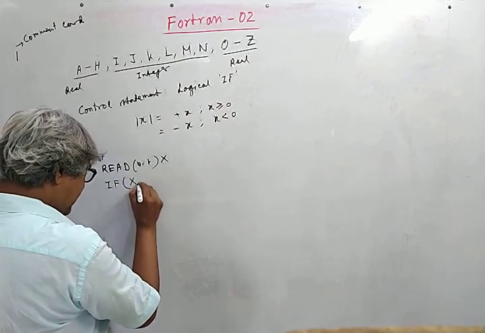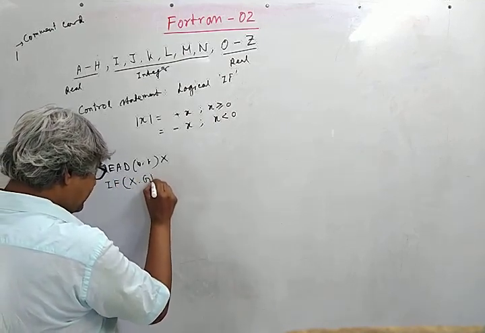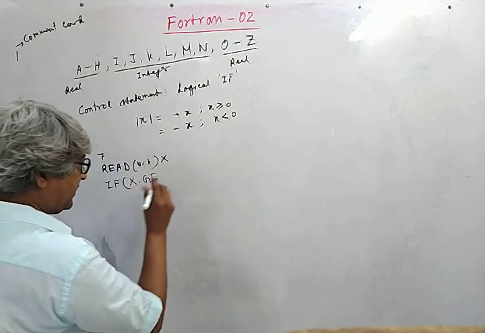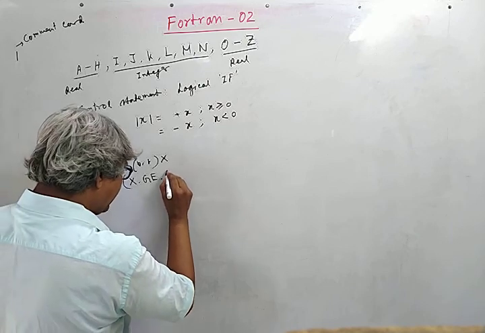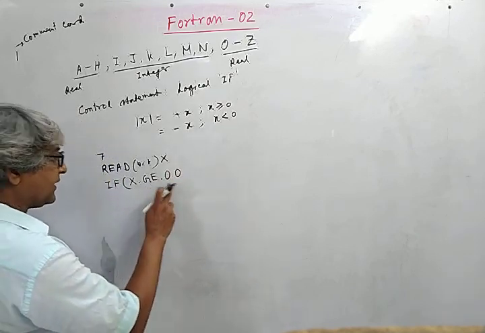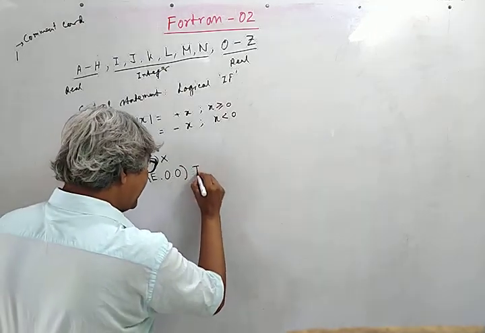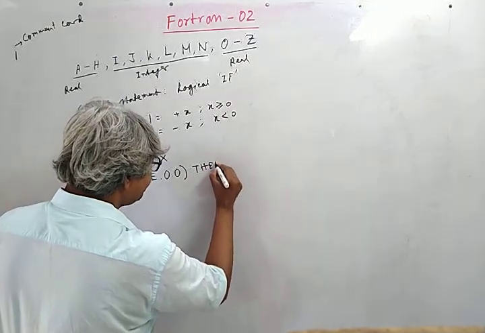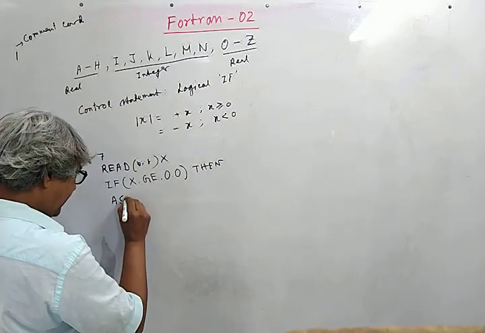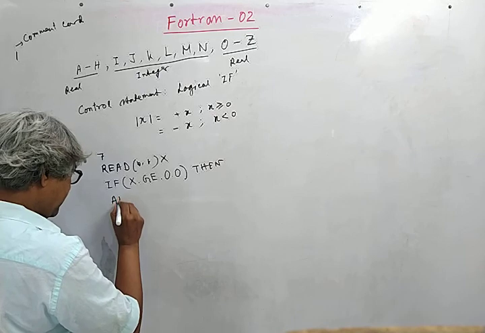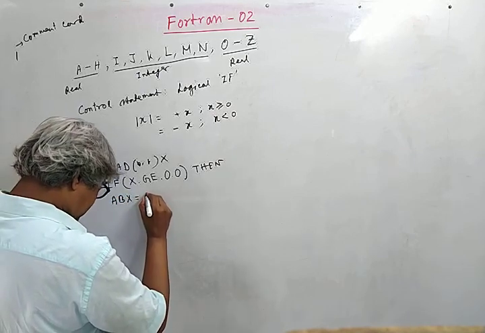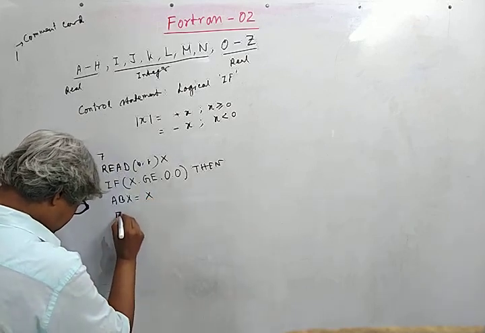x is greater than or equal to 0. Since I have written x, it is a real variable, so I can compare a real variable with a real one. So if x is greater than or equal to 0, then we write, then the absolute value is equal to x, else